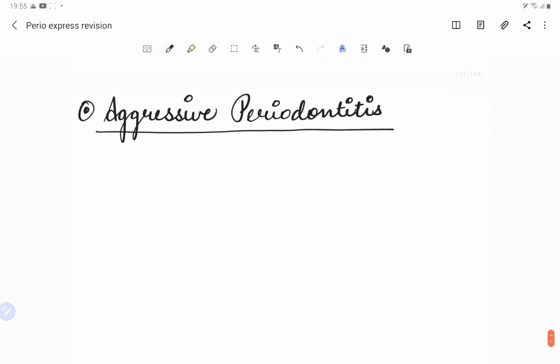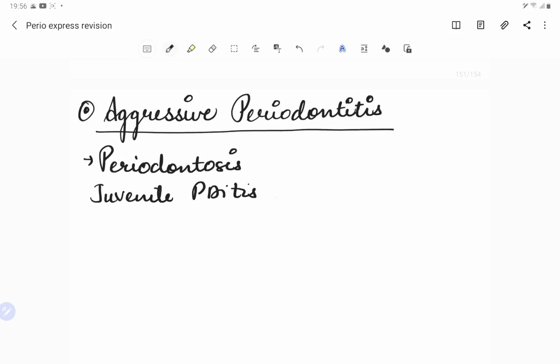So guys, coming to our next topic, which is aggressive periodontitis. It was earlier known as periodontosis, and this term was not very popular. In 1966 there was a World Workshop of Perio, and there it was said that this term should not be used anymore, it should be excluded. So the periodontosis term was excluded, and it is also known as juvenile periodontitis or periodontosis. Chaput and Butler in 1967, in the next year, gave the term juvenile periodontitis